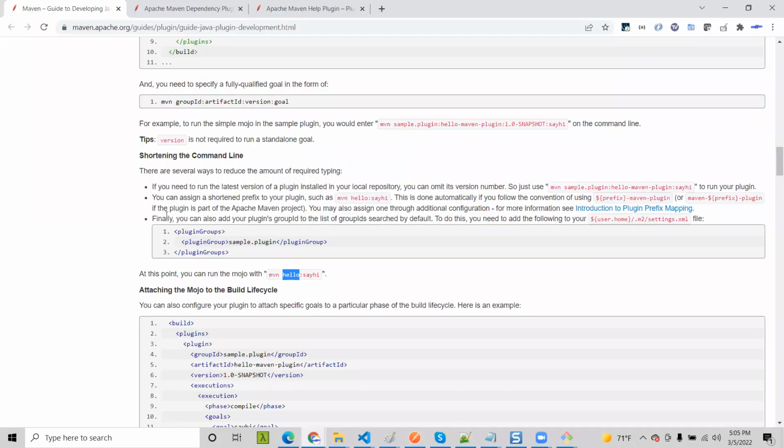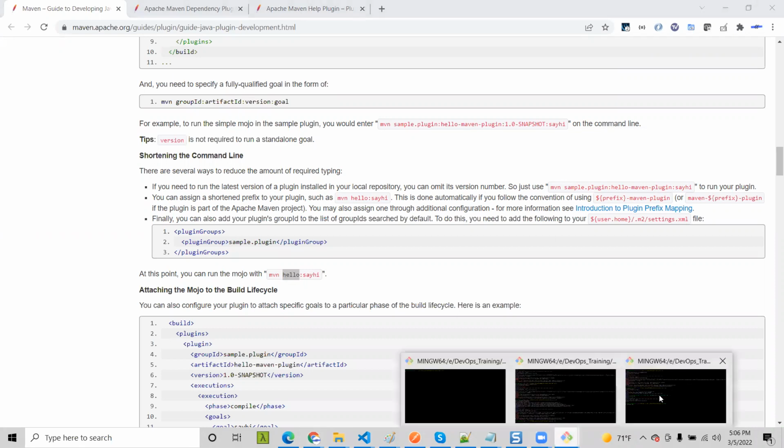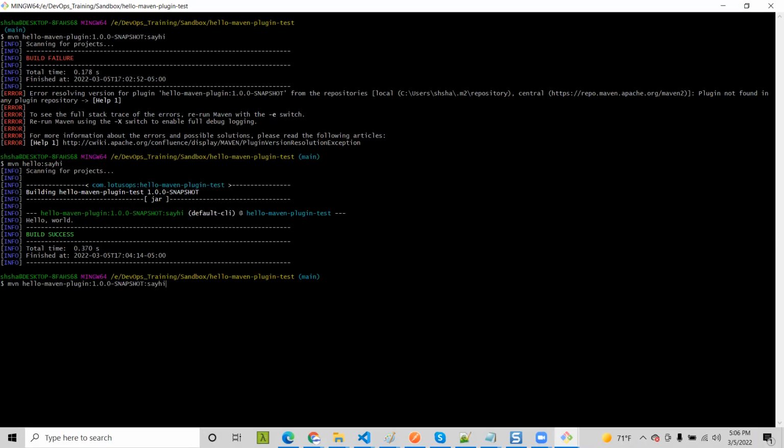So at this point, it's saying, if you need to run the latest version of a plugin installed in your local repository, you can omit its version number. So just this should work. So earlier we had put the version number, right? That is not required. It's saying perfect. We understand that. So if I go in here and get the older one,